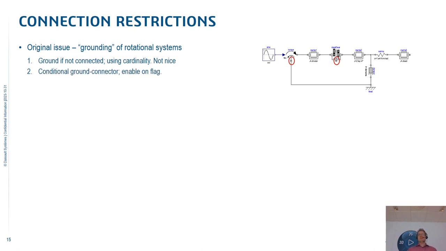So the next thing was that we introduced a conditional ground connector. So you enable a flag, and if you enable it, you connect it to ground, or you connect it to something else that is slightly rotating or whatever. The problem then is that if you enable it but forget to connect to it, then in Modelica 3.4 we had this semantic that if you enable it, you must connect to it. Unfortunately, we didn't test that semantics, and so we thought it sounded good, so we added it without really thinking